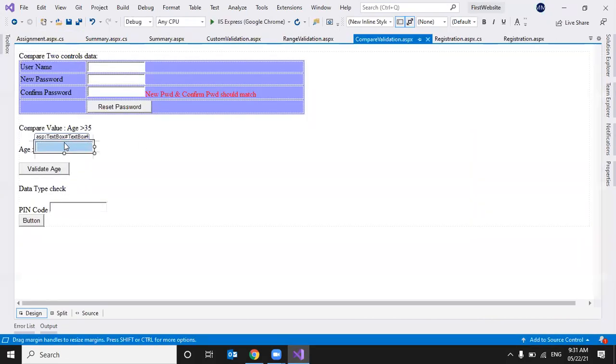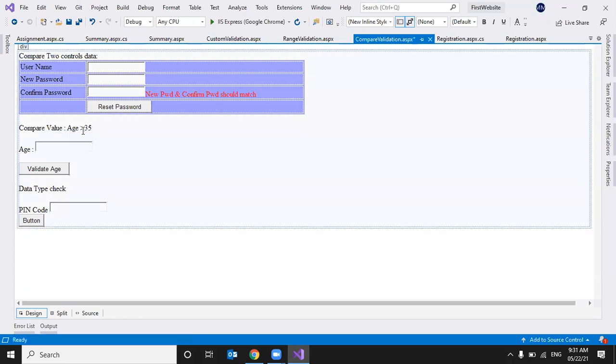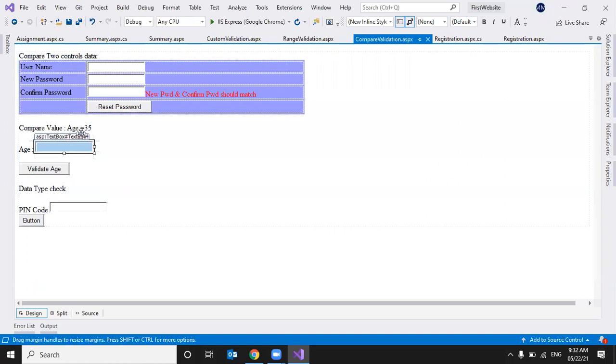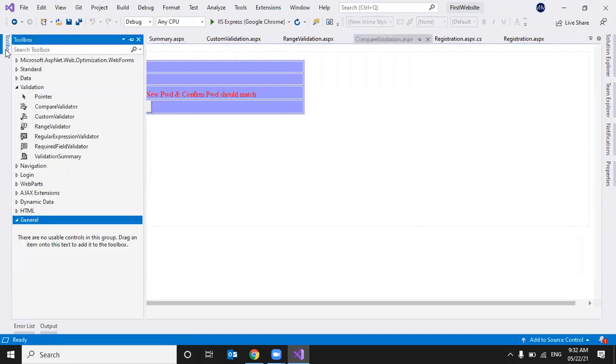Now I can also check a particular control value. Suppose only age with the value 35 is allowed, then we can check that scenario also, with some fixed value.